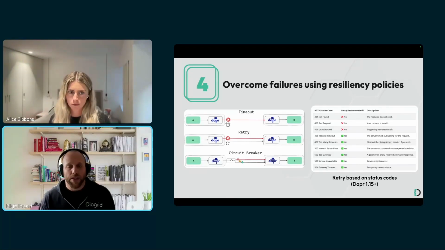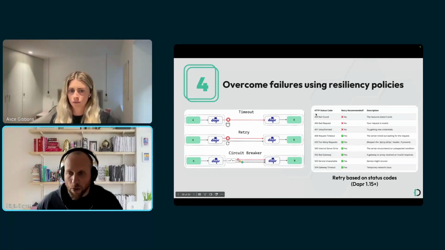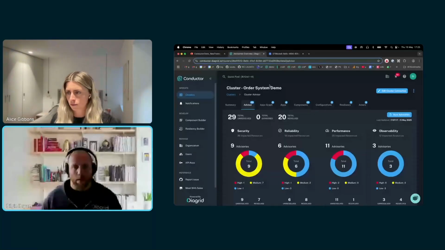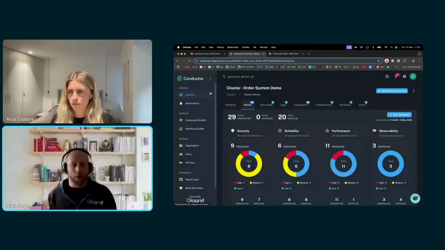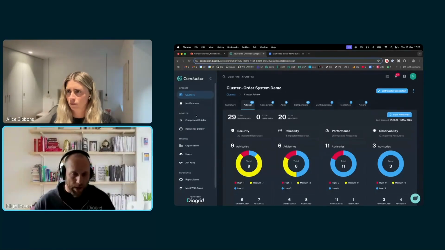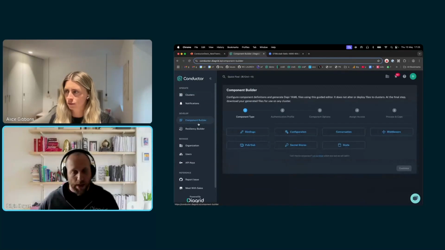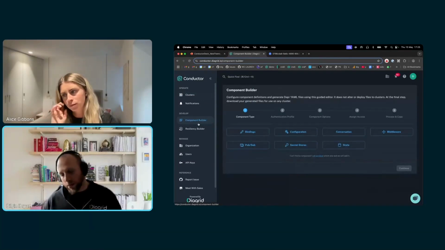While Dapr resiliency policy is powerful, configuring those can be a bit daunting. And I want to show how. From what Alice was showing you, once you go into Conductor, on the left-hand side at the top we have operations around the cluster, and then further down, operations that are grouped under develop. While this says develop, because here you are creating various Dapr resources, YAML files, they're primarily useful for development, but you might need them also